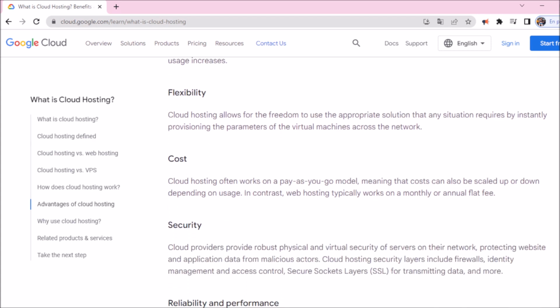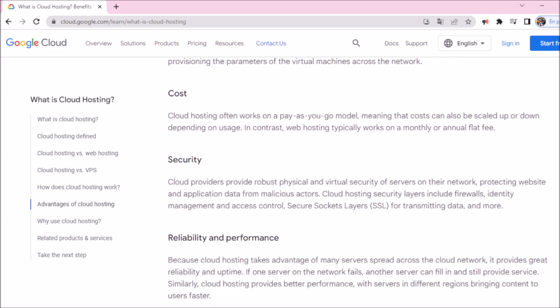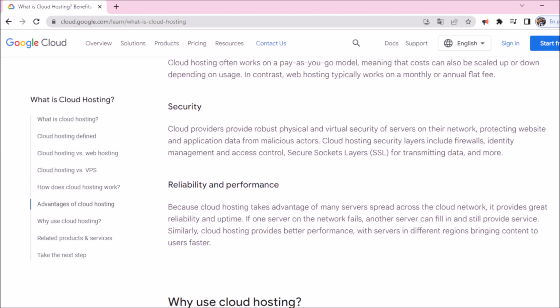Security. Cloud providers provide robust physical and virtual security of servers on their network, protecting website and application data from malicious actors. Cloud hosting security layers include firewalls, identity management and access control, secure sockets layers, SSL, for transmitting data, and more.